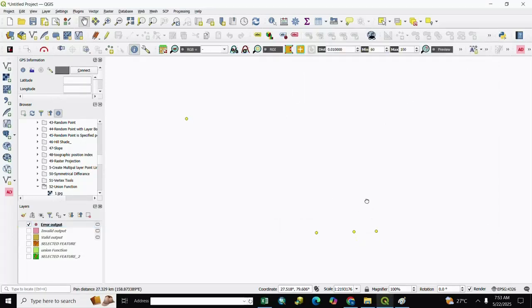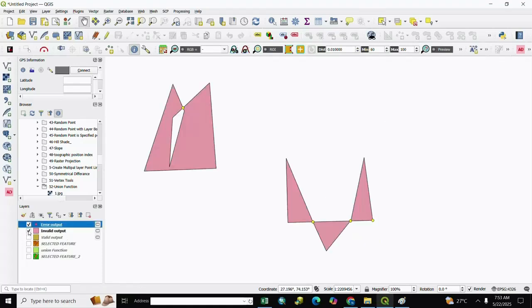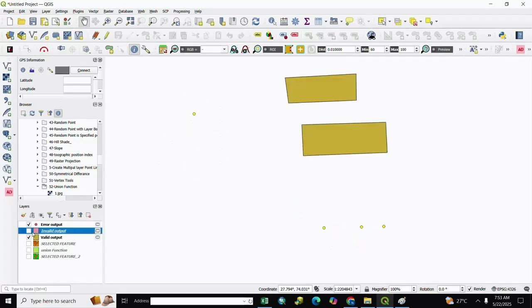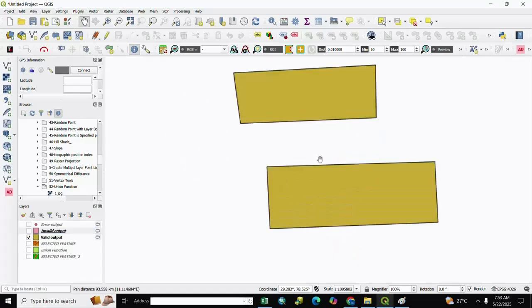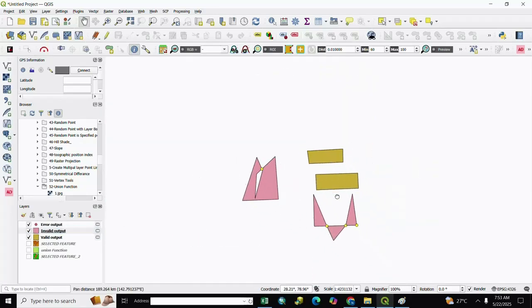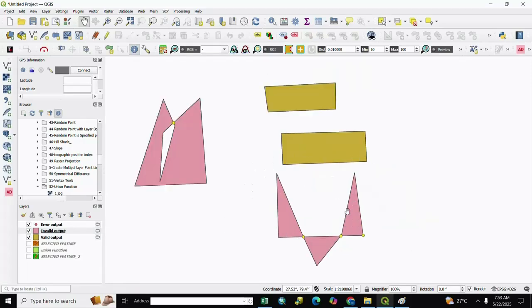You see here the invalid output for your polygon, and here is the valid output. You see here all areas, meaning all features, valid features and invalid features, in the output.